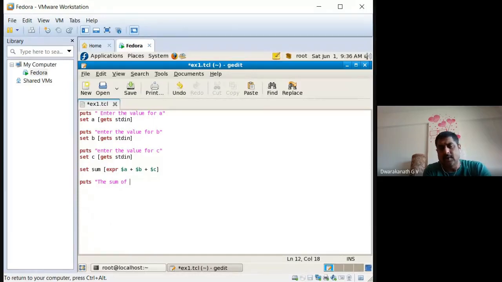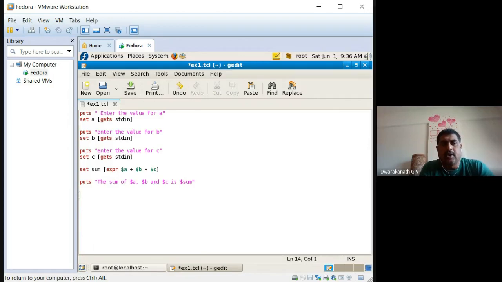You can display it, or you can tell it like this: $A means it will display the value, comma, $B and $C is $sum. Don't forget dollar sum. Close this. Now it will display the sum of the three numbers.